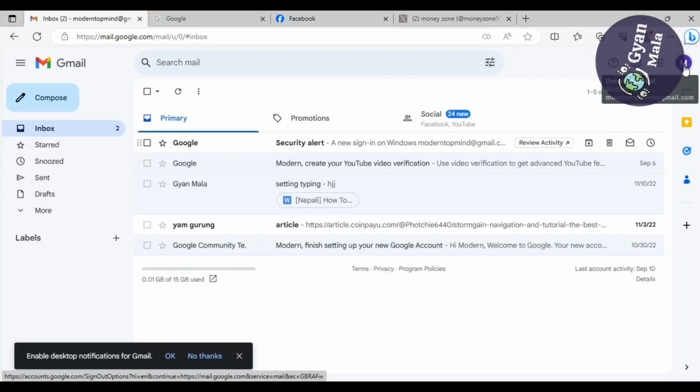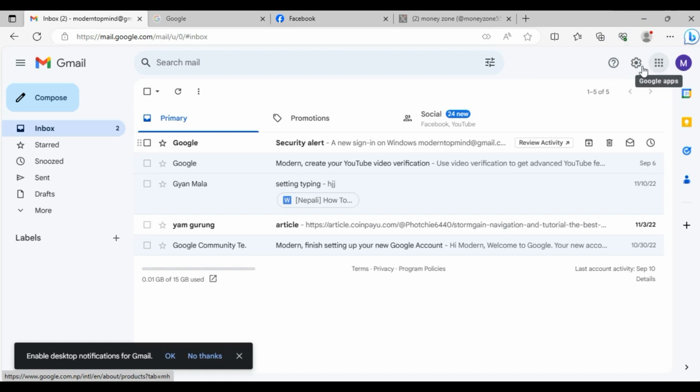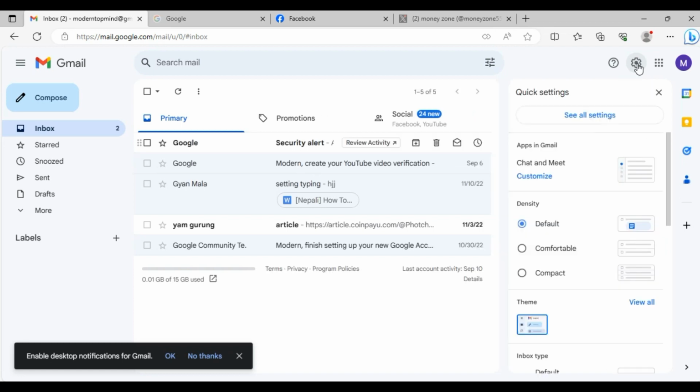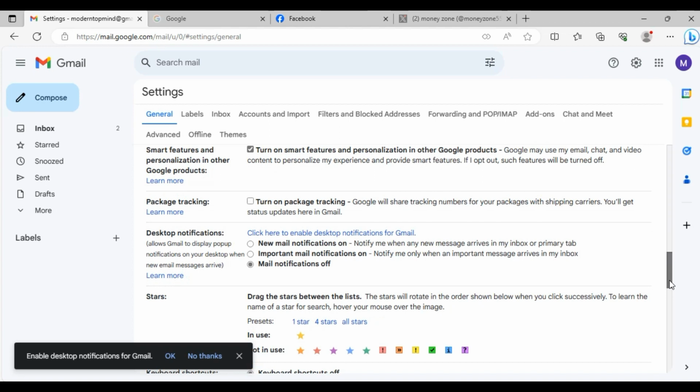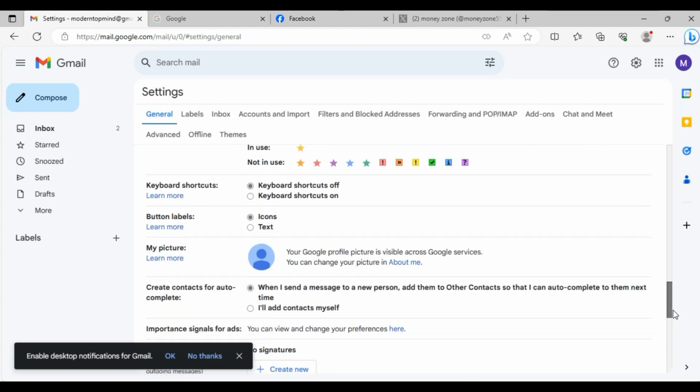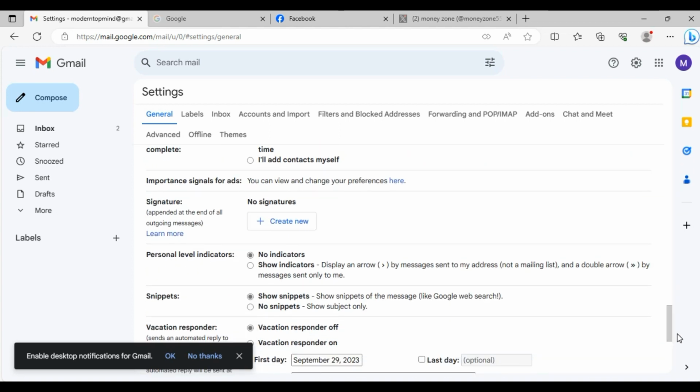First of all, log in to your email and go to email, and you click the setting option here, and click see all settings option. Scroll down and go to signature. You will see the signature section. Yes, and click create new